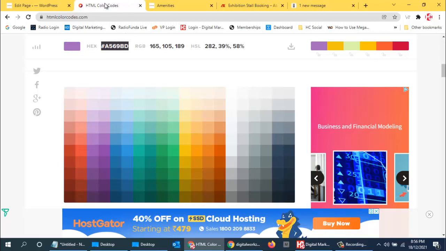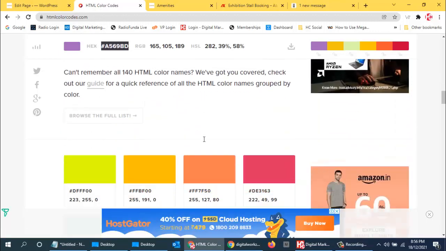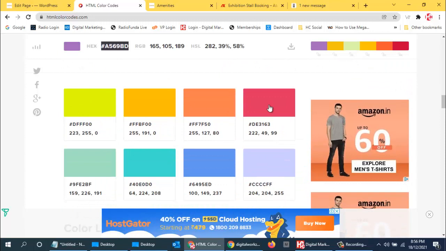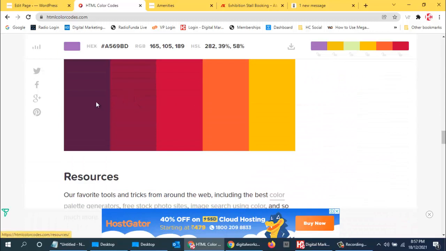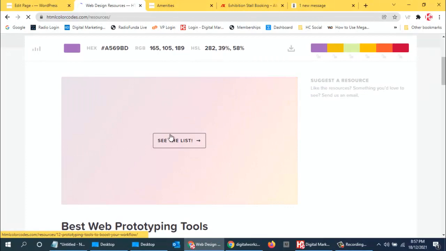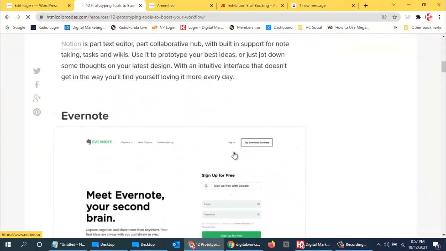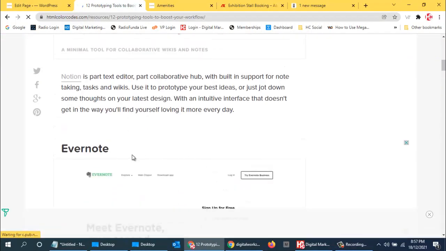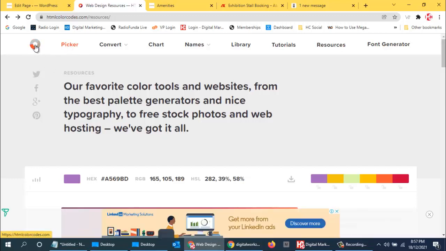There are millions of colors in this. So these are the ready-made colors that are available. So in case you want to use them, these are the codes for each color over here. Then there is a code library, and over here these are the ready-made options. So that also you can use. So you can see the list also. So prototypes and all those things. So yeah, those are some examples that you can use. So like this you can use. All these options are available. Yeah. So that is related to colors.